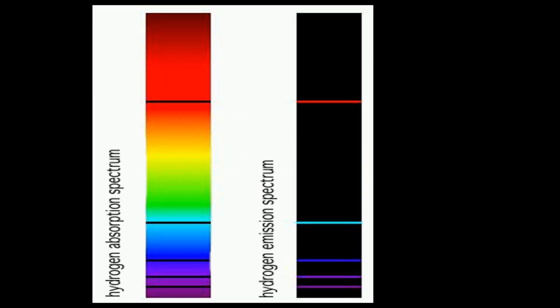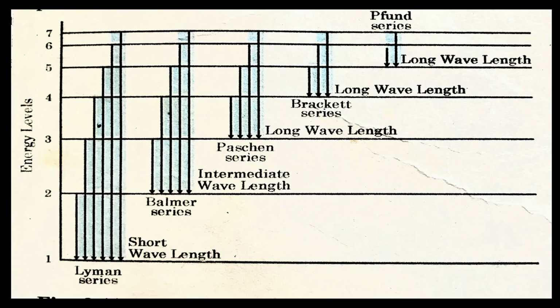Now moving ahead, you have learned what is hydrogen absorption spectrum and what is hydrogen emission spectrum. What we should observe over here is that the particular wavelengths which are missing in the hydrogen absorption spectrum are present in the hydrogen emission spectrum. Can you see over here? According to these observations, a hydrogen spectrum was made. Now what is this hydrogen spectrum? Suppose an electron is making a transition from the second orbit to the first orbit, or from the third orbit, fourth orbit, fifth orbit, and so on to the first orbit.